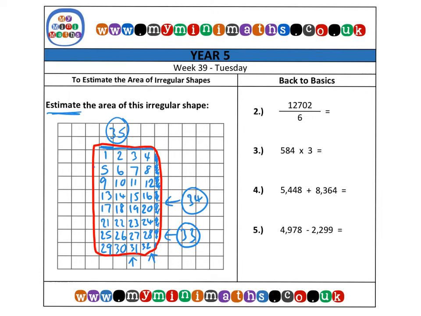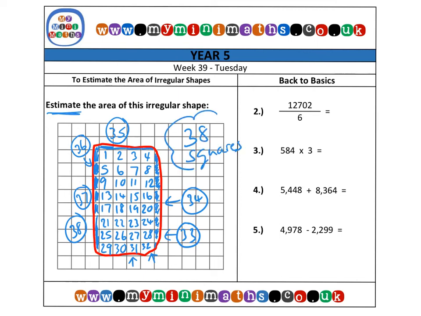Let's have a look. So if we place this one and this one to make 36, these three to make 37, and then finally we can probably just to make about half, or maybe a full one here. It isn't only an estimation, don't forget, to make that final whole or estimated full square to make 38 squares. So what I could say on this is we have an area of approximately 38